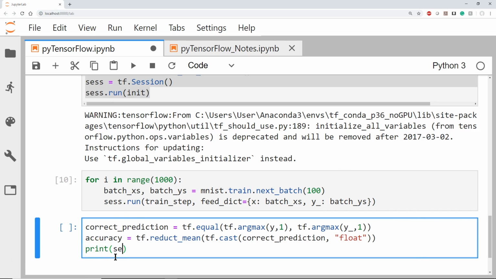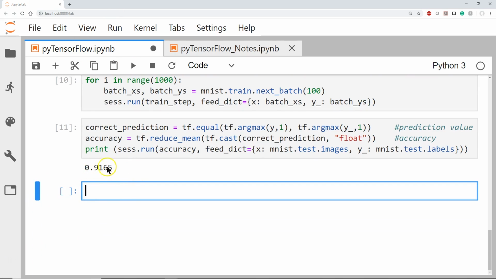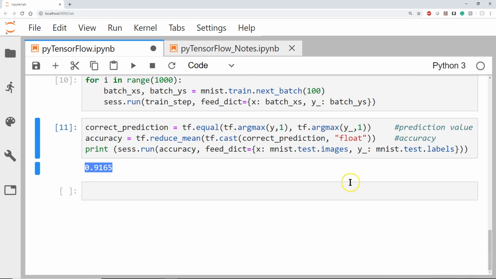So what are we printing out? We need to do a session run. This session run is going to be on the accuracy. Where did accuracy come from? This is we're casting our TF on there with the correct predictions on that. So here's our accuracy. Feed in, so it needs a dictionary for the data coming in. We're going to create our dictionary, and x is going to be our MNIST test images, and y underscore there is going to be our MNIST test labels. Let me just double check and make sure I have that typed in there correctly. There we go, and let's go ahead and run that and see what comes up, and we end up with 0.9165 for our accuracy,